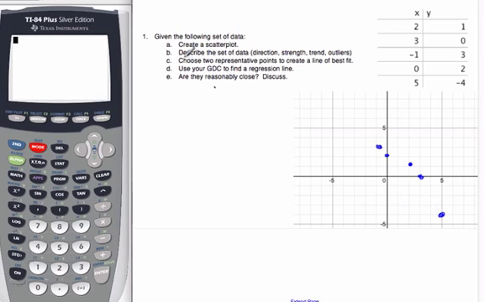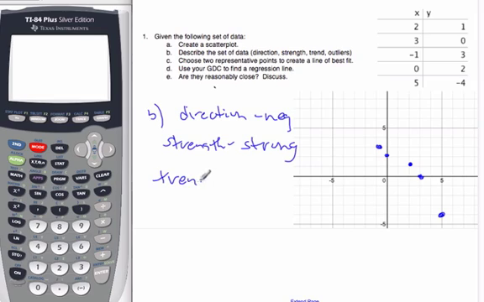Right, so now it says describe the set of data. Well, the direction, what would you say for the direction? It's definitely going down, so it'd be negative. Negative. And then the strength? Yeah, it looks quite strong to me. I'd say strong or moderate. Okay. Strong? I think strong. Trend. Would you say there's a linear trend there? Yep, that looks like a straight line. Linear. And then any outliers away from the general trend? Nope, they all look like they're going pretty close to that line of best fit if we were to draw